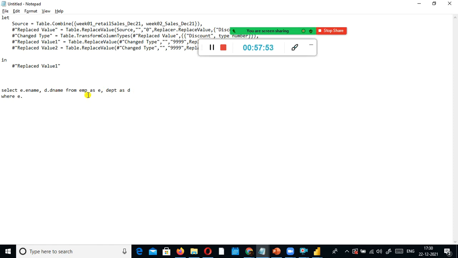Based on the common column between these two tables. What is the common column? Department number equals D dot department number. So if I want to get the department name from another table, I need to join these two tables.